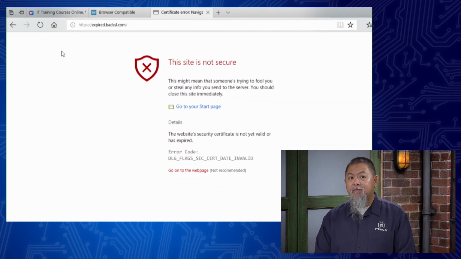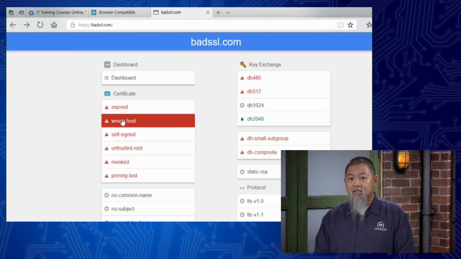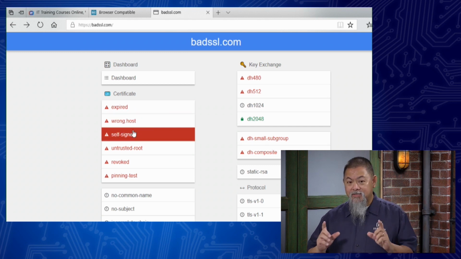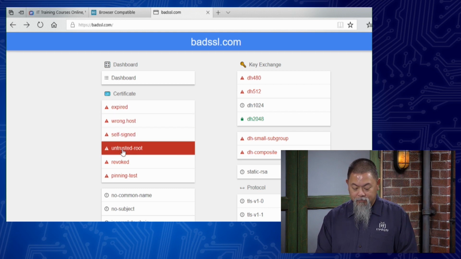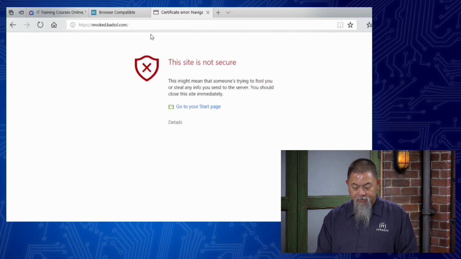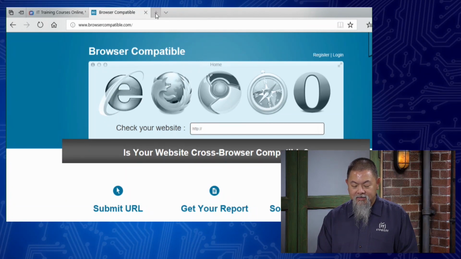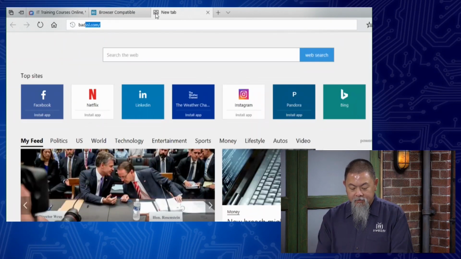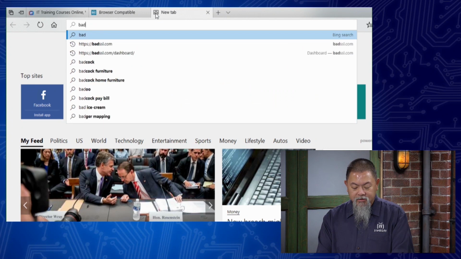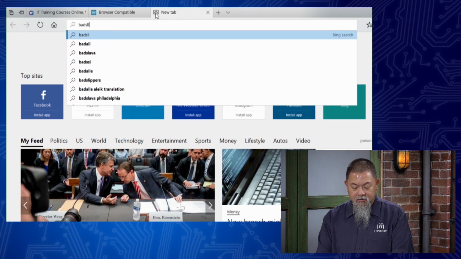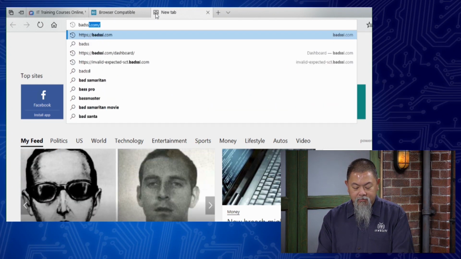So we can see that very easily by going to these sites, and most of your browsers will do something very similar to this. If it doesn't tell you whether this site is secure, please go back. I'm trying to bring up one where it actually just brought you directly into that site itself, so that you could see it. So let me, bad SSL is what I want. I keep typing in wrong letters there.